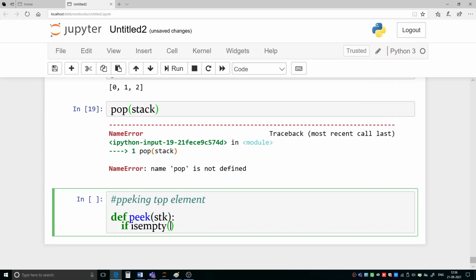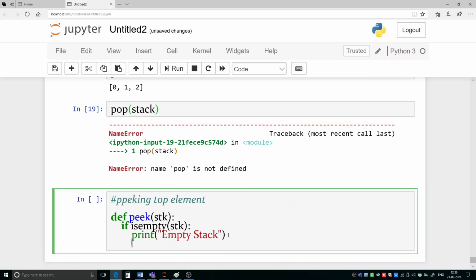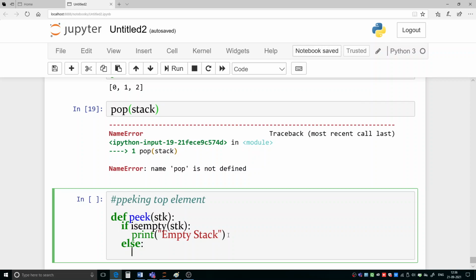is empty stk, then what can we print here? Print empty stack, because element is not there. Else, first we have to calculate the top.